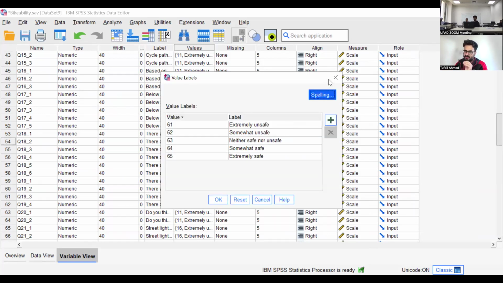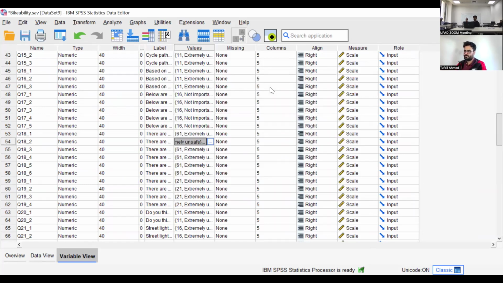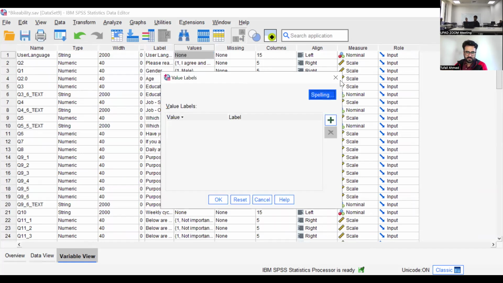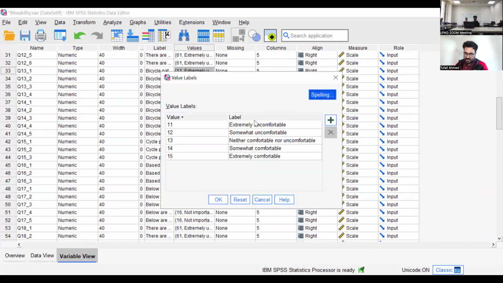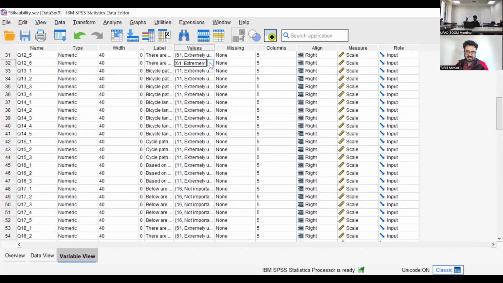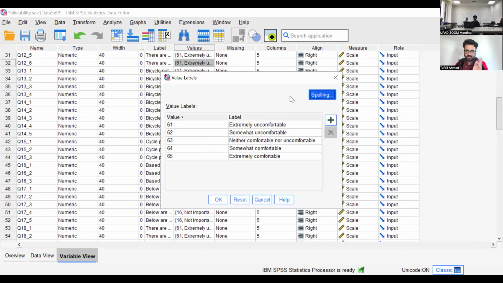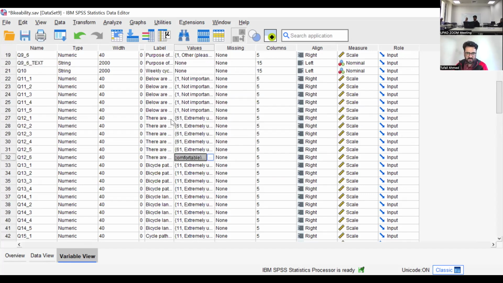As we used in Smart PLS also, the coding should be consistent. It should be the same. For example, 1 means highly disagree, and 4 means highly agree. In all of my research, in all of my analysis, this coding should be consistent so that the software can read it. As I mentioned, you can use these values, no problem, but it should be consistent throughout your data. It's not that we are using 11 to 15 here, and for the same thing, we are using 61 to 65. So we have to fix this issue for every variable.